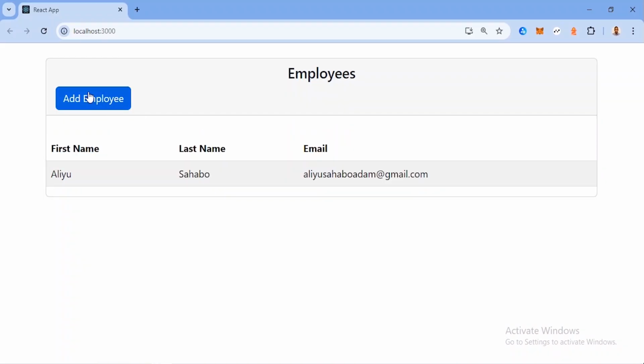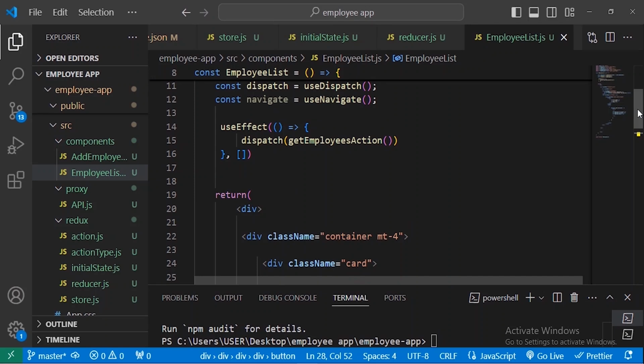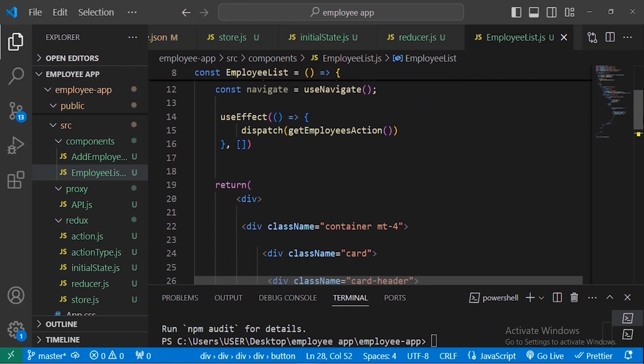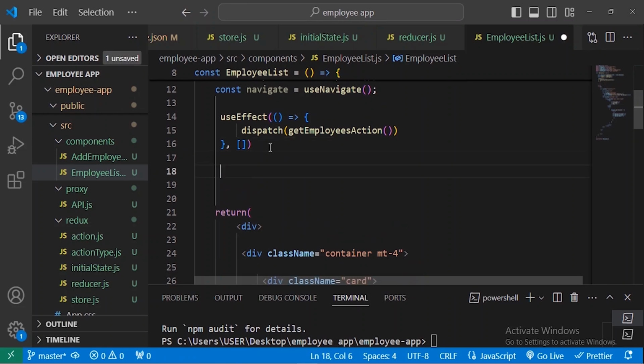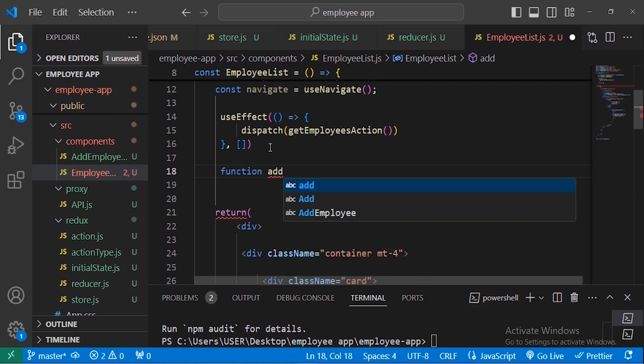So you see we have the add employee now. So let's add the logic so that when we click, it takes us to the add employee component. Okay, first let's define the function. The function will be add employee. We'll name it add user so that it will be different from the name of the other component. Okay, so let's have function add user